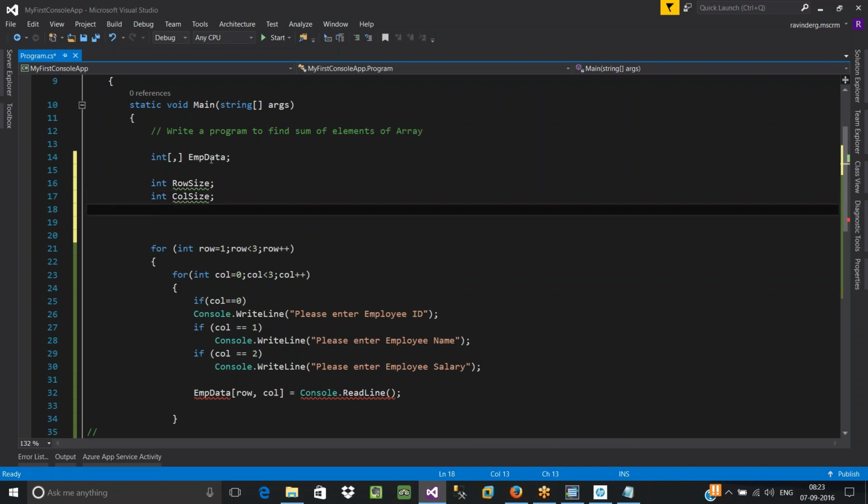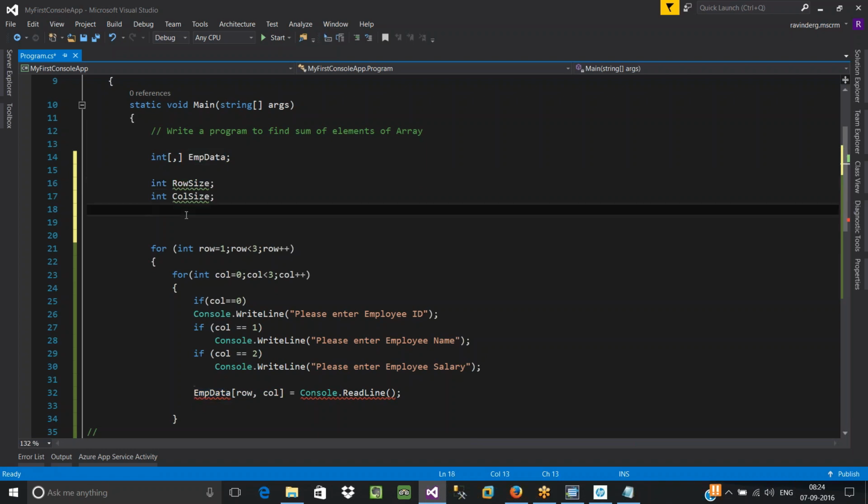Here we just created an empty collection, but we haven't specified how many rows and how many columns to be created, because that input is going to come from the user. You'll have to ask the user to enter his requirement, and based on that you'll have to allocate only those many locations inside your common memory.